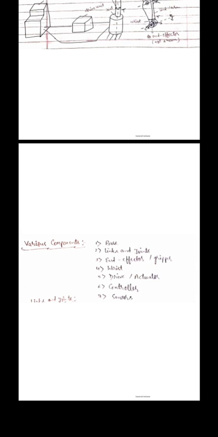Next is sensors. If we want to make an intelligent robot, we have to collect information of the environment with the help of some sensors. That is why we use sensors along with the robot, just to collect information of the environment and to operate the drive unit, so that we can make this particular robot intelligent.